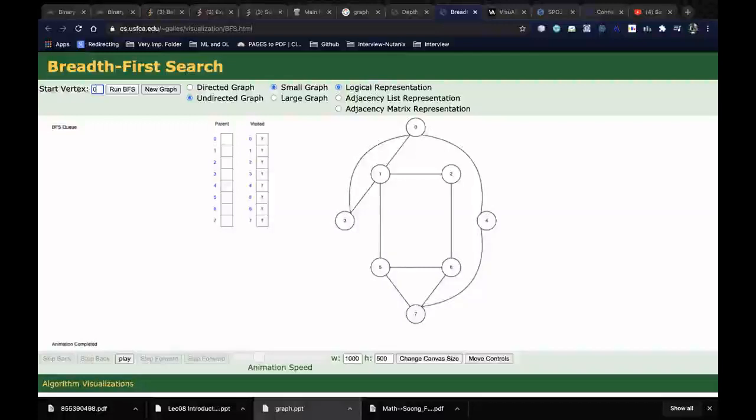Basically, I'm trying to visit the nodes at a particular depth. Initially I visited the nodes at depth 0, then the nodes at depth 1, then the nodes at depth 2, and so on. So you can see if I run the BFS and start from